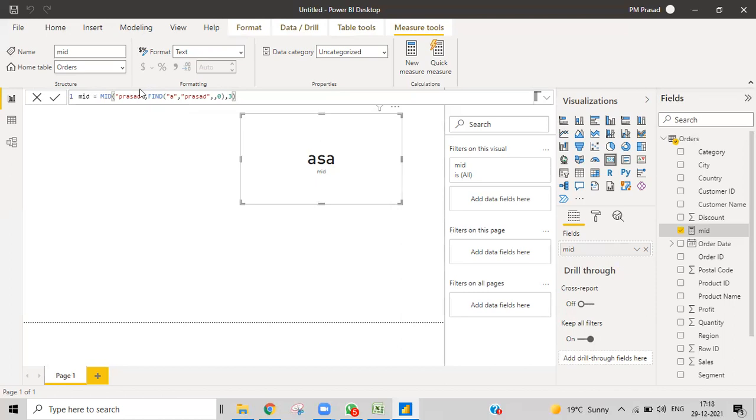That is what my name is: PRASAD, and then XYZABC. I want to get from R to D, R to D. How can you get that? I know where R is. And if you find D, then obviously I need R to D, but I don't want to write anything. So can you do that? I need R to D.